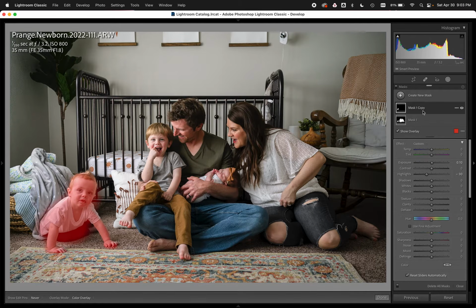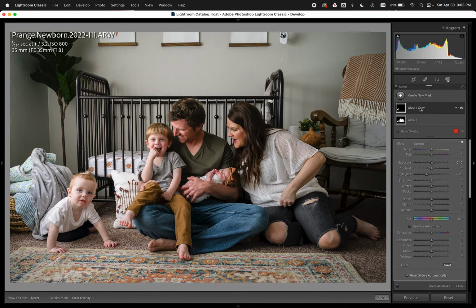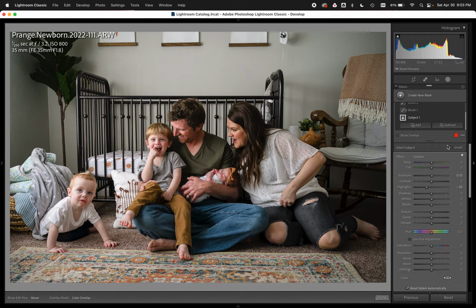Where is my subject select? Yeah, it's kind of being a pain. This might not be the best image to do it with, but if we, let's get rid of this. Since this has kind of a dual mask in it, it's not going to work as effectively here. But if we show that if we're selecting a subject,